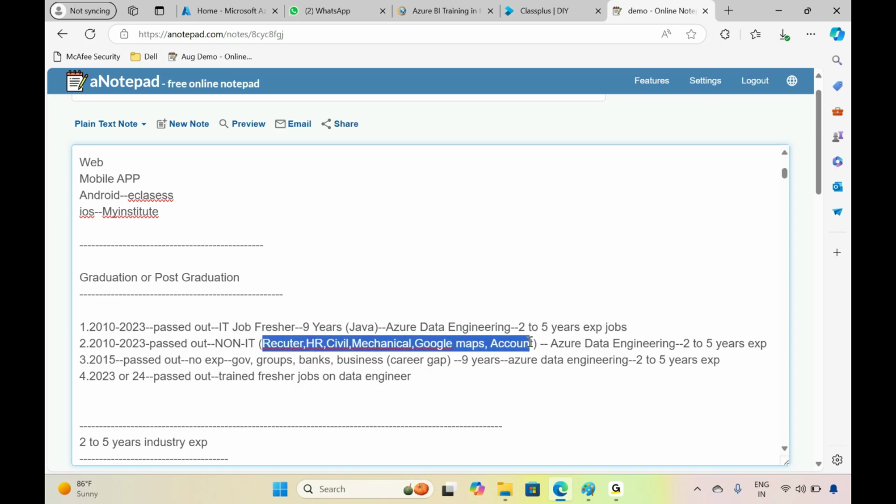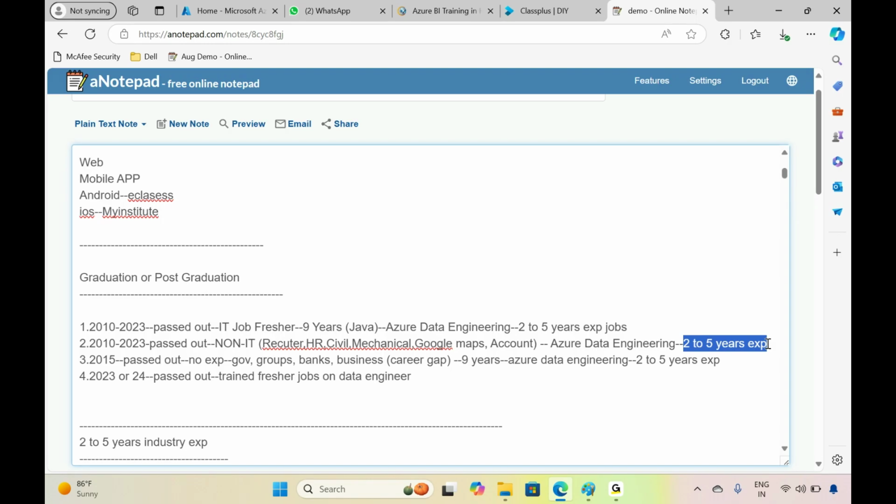So these people gained some experience in non-IT, but now they want to move to Azure Data Engineering. They want to upskill their knowledge into Azure Data Engineering. They have 2 to 5 years of experience. Definitely they are going to apply for the job.